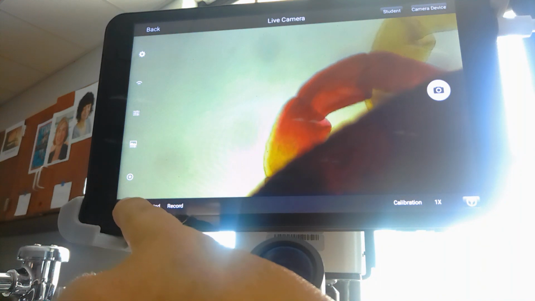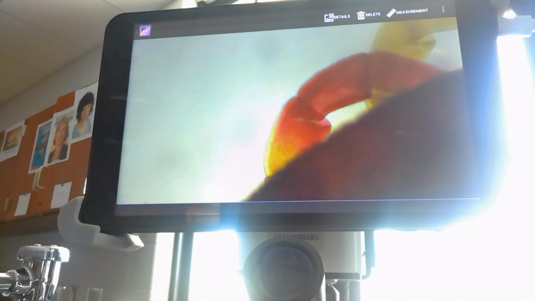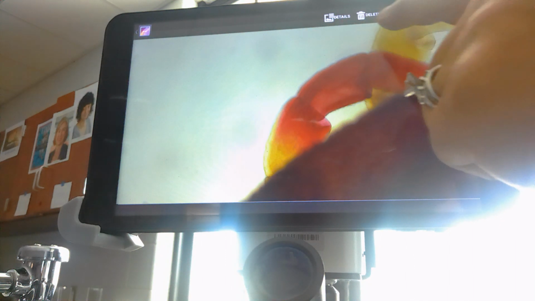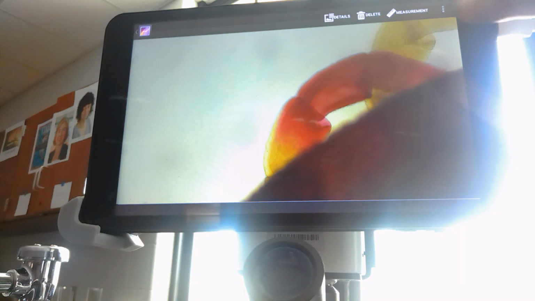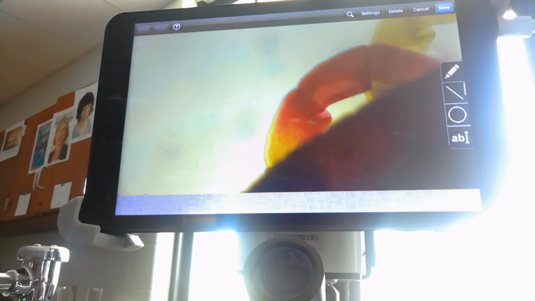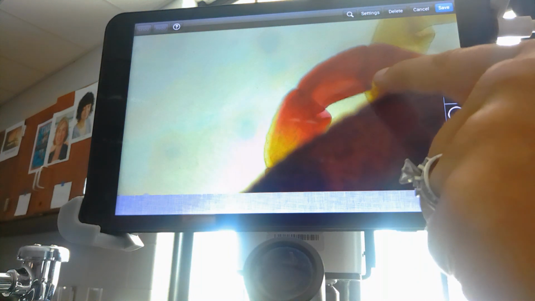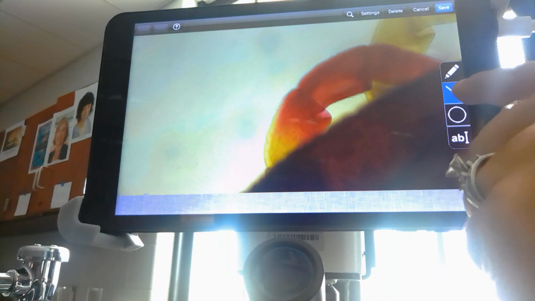So I'm going to click on the photograph, and you'll notice a menu came up here on the top with measurement being one of the items. If I click on measurement, there are some things that show up on the right. There are some ways to actually type on the photo, to put some text, to circle images and things like that. We just want to measure the length of that segment, so I'm just going to hit this line